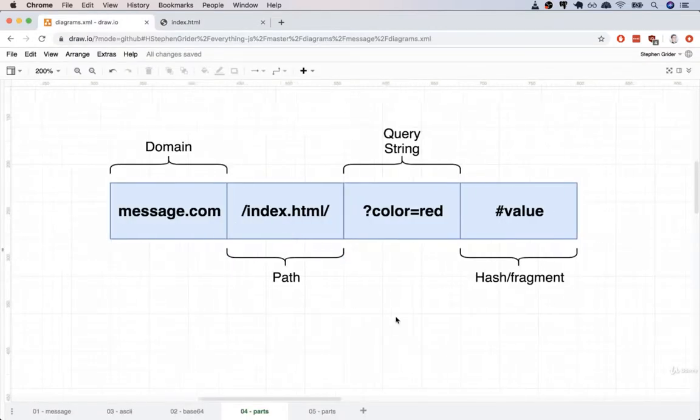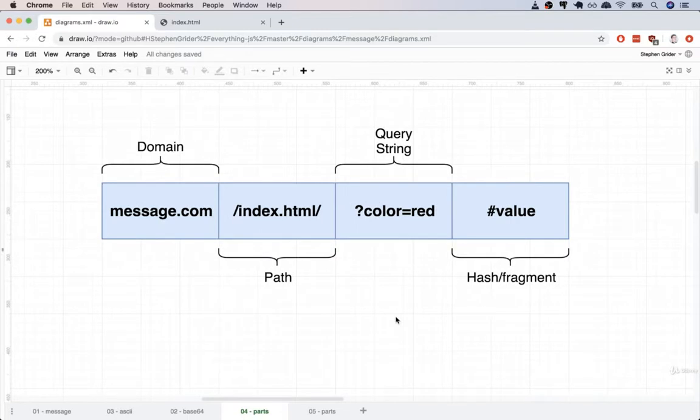We first need to understand the different parts of a URL in general. So I have an example URL right here. We're going to divide it out to 4 different parts. The first part is the domain. So that would be like message.com or google.com, ebay.com, or whatever else. Immediately after that, we're going to have what is called the path. The path can be arbitrarily long. So it can be /index.html or